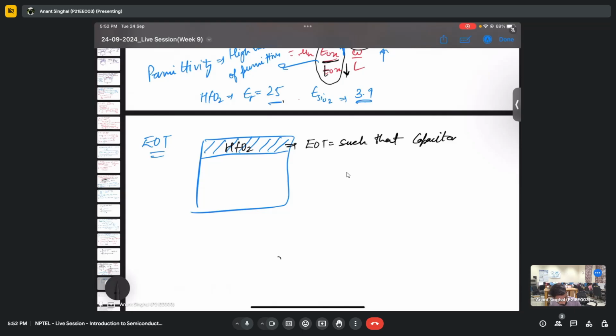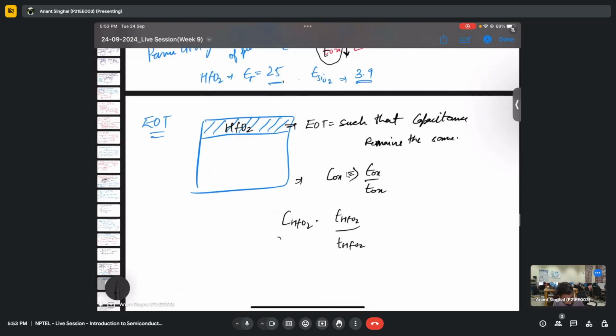So what was that? Cox was epsilon ox over Tox, right? So if I apply, let's say HFO2, it will be epsilon of HFO2 over the thickness of HFO2. So this should remain the same even if we are applying different materials. So what I can write is Cox should be equal to CHFO2,